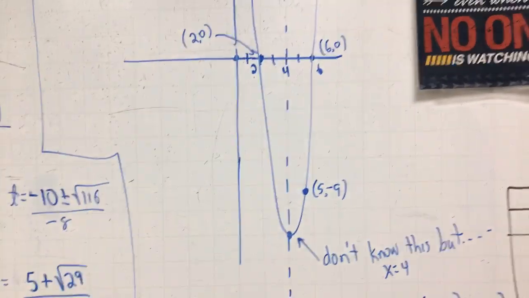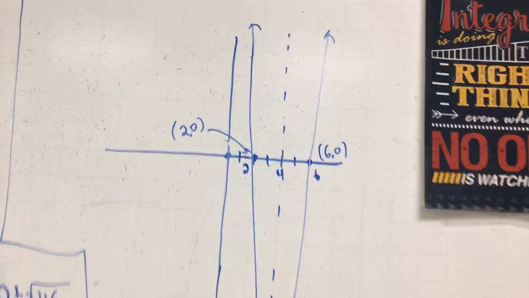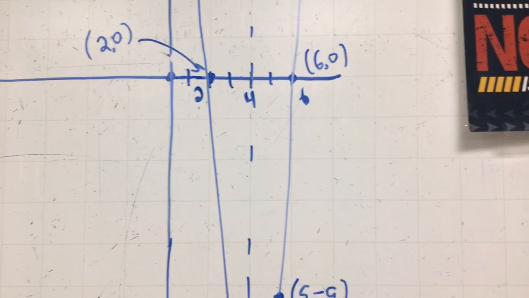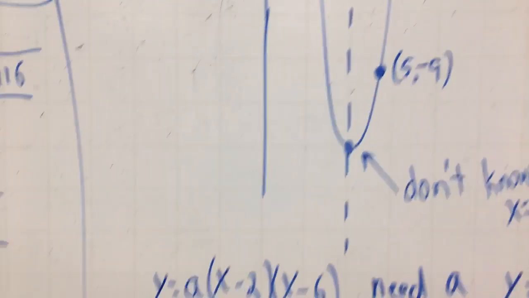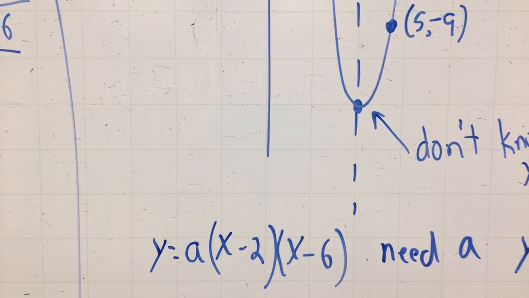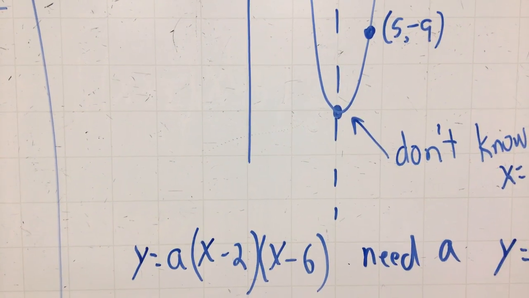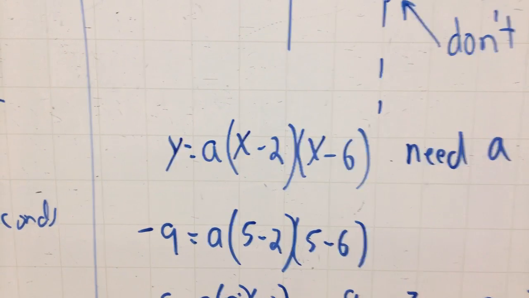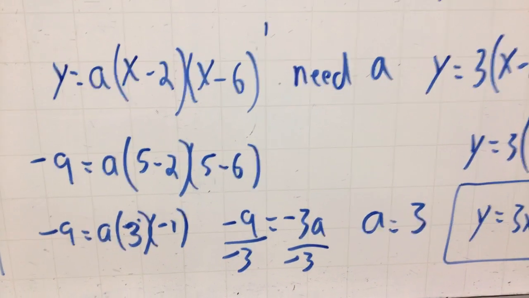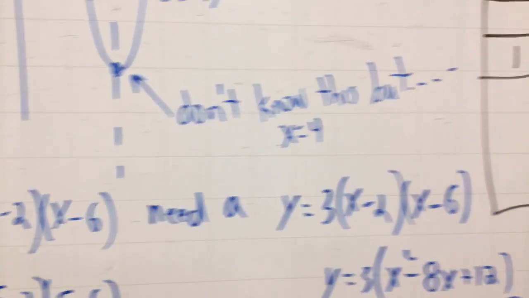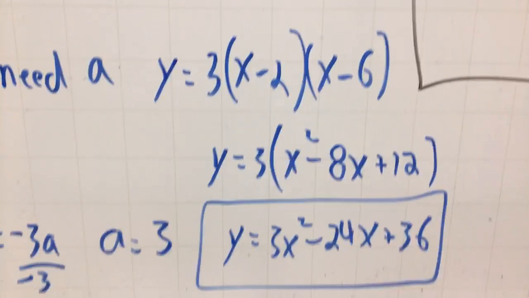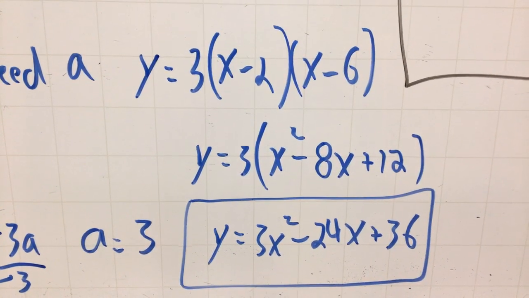Now finally, and I've got a minute to do this. Here are your points. There's a third point. Work backwards. I'm going to take that 2 value: x minus 2, x minus 6, I need a. I take the third point that I know, I put it in for x and y, and a is 3. Then I take my 3, I put it over there, I FOIL, I distribute,